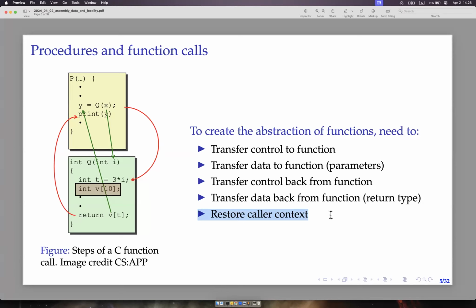And when we come back to the caller function, it had set up its stack and set up its register values to hold what it intended to, right? So there's also additional discipline in when you return from a function, the register values have to be restored appropriately. Otherwise,